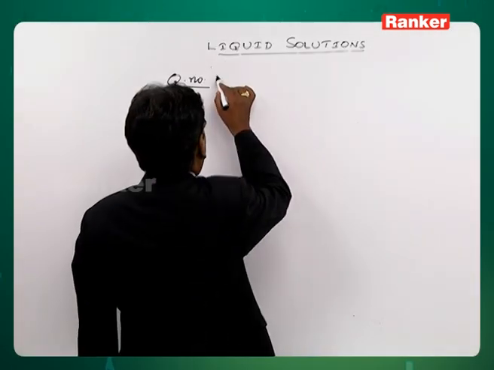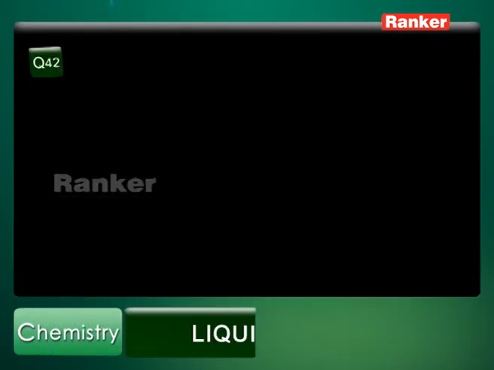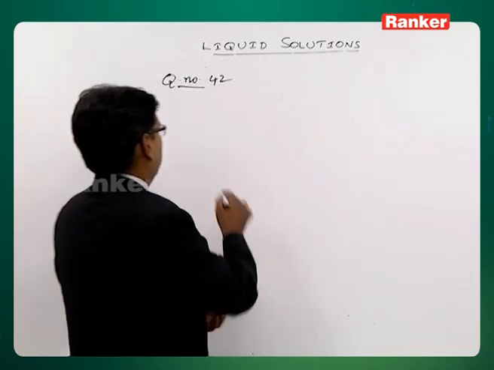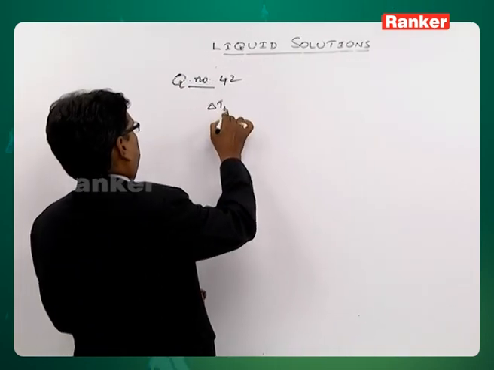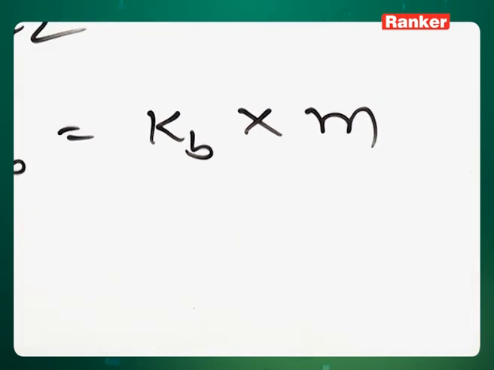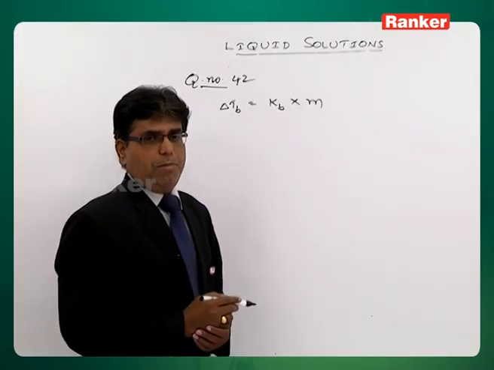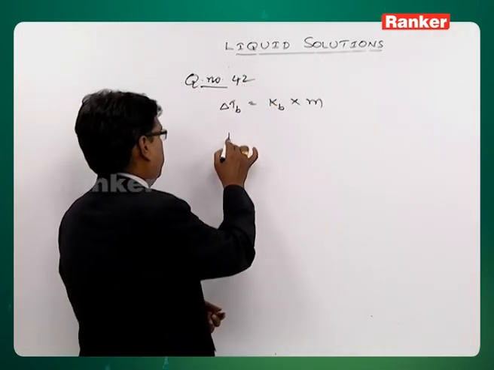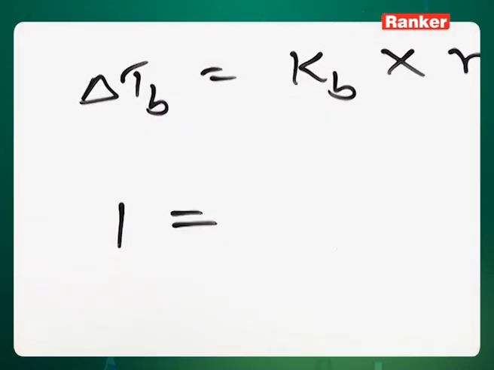Now let's move on to question number 42. When 10 grams of a non-volatile solute is dissolved in 100 grams of benzene, the boiling point is raised by 1 degree Celsius. Then what is the molecular mass of the solute? So delta Tb is equal to Kb into molality, and it is a non-electrolyte, so i is equal to 1. Now the boiling point is raised by 1 degree Celsius, so delta Tb is equal to 1, and Kb for benzene is given as